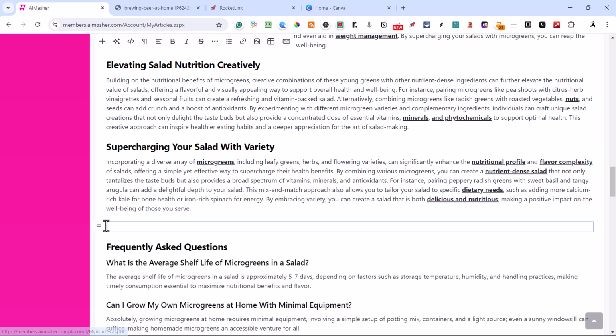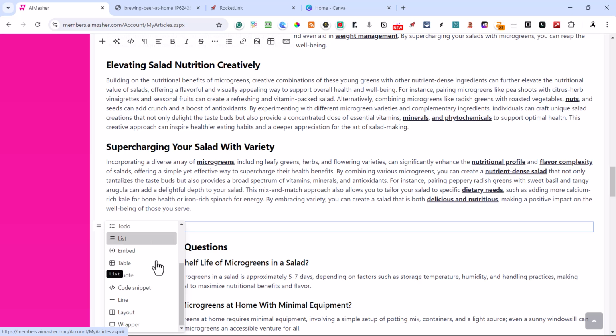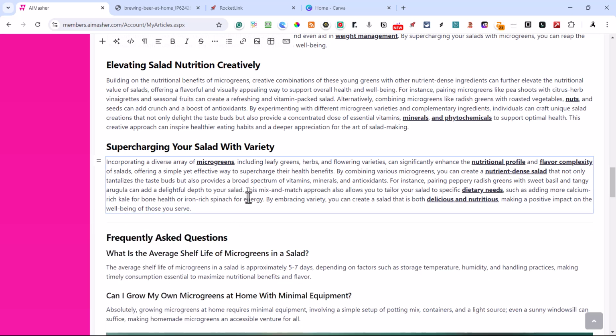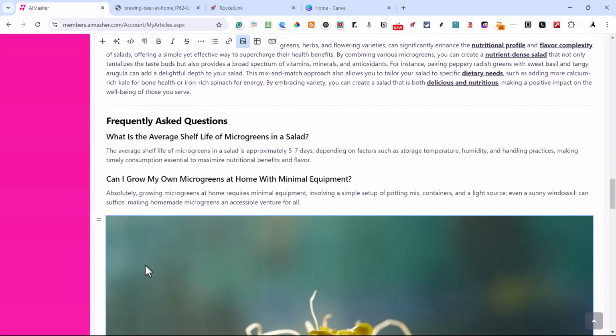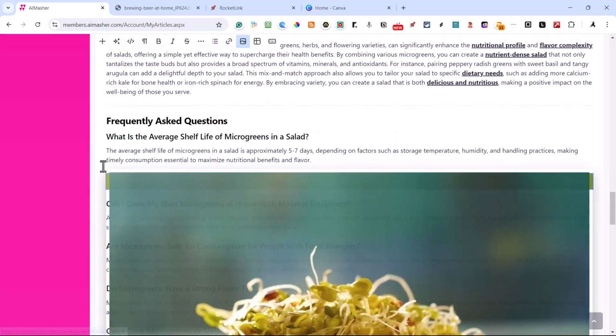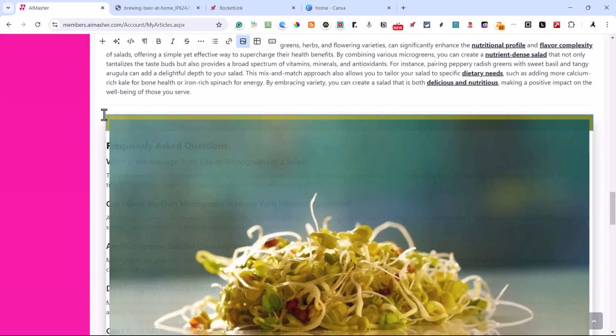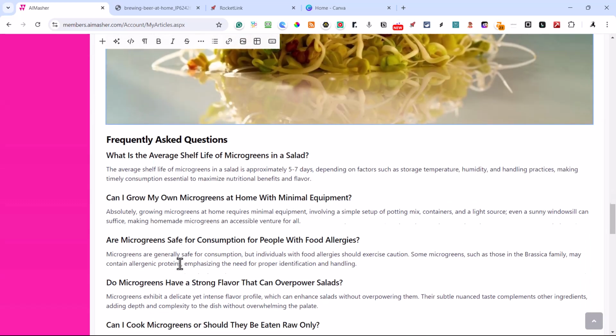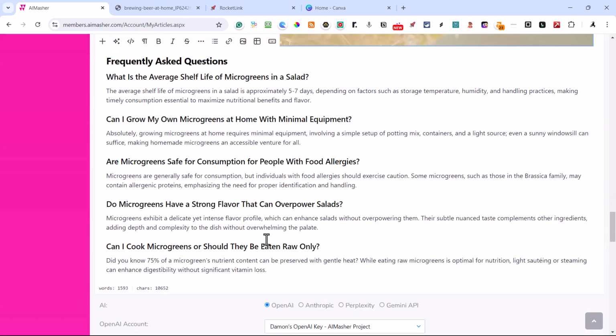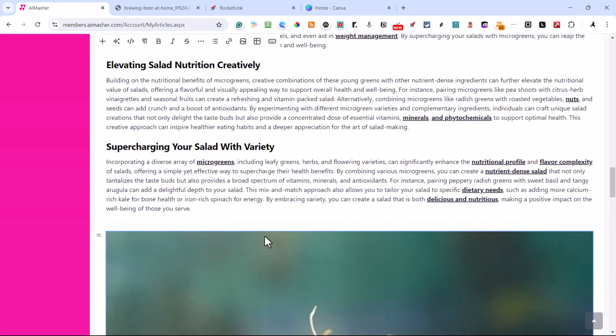These are your drag bars, but I'm going to come in and go, I want to add. Now I'm not going to do it with all of them. I just want to show you what it looks like. Frequently asked questions. I'm going to choose this, but I'm going to move this image right above frequently asked questions. Okay, that looks good.